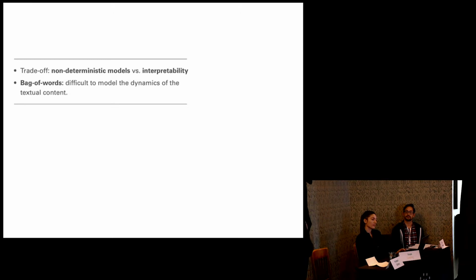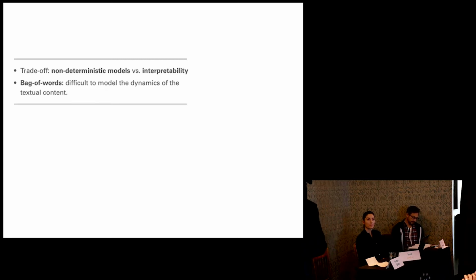We can deal with this problem using deterministic models. Deterministic models basically will say, okay, this group of words here belongs to this topic, for example, election. These other groups of words talk about other things like food or beverages, for example. So these are more deterministic models, which means that one word can be in just one single cluster. It helps with the interpretability, but we lose something about the dynamics of the word, the dynamics of language, right? So this is a decision that's hard to make.